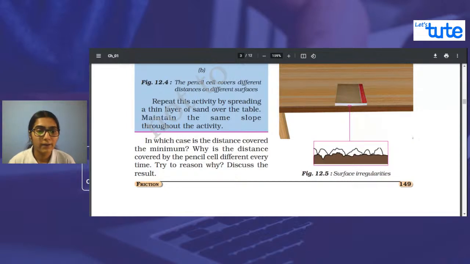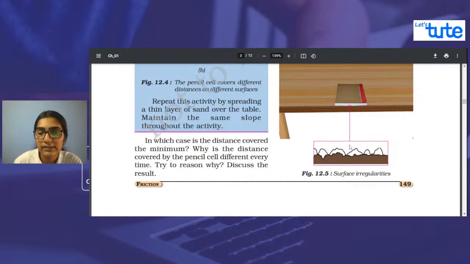Now, if you move an object which has an irregular or rough surface on another surface which is also irregular, the force of friction will be high in these kind of cases. And thus the object moving would be slow. In that place, so here if you notice the book and the book, though we think that they're very smooth, they are rough. So what happens is the particles attach themselves here.